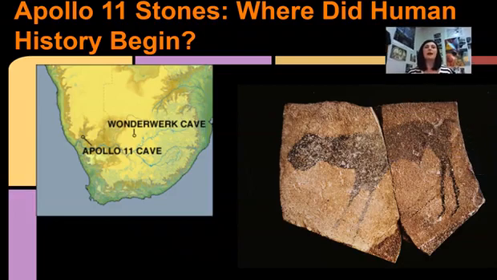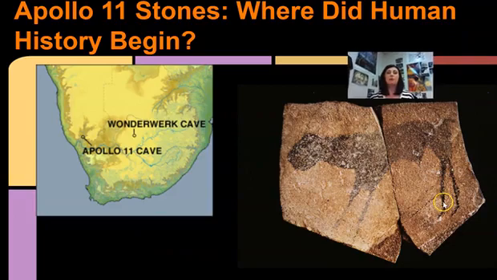So let's think about the Apollo 11 stones. Why would the people who wrote the 250 works of art have chosen, of all works, the Apollo 11 stones? Well, there's a couple reasons why. Number one, we know that this work of art was located in Africa, and it is the oldest work of art that we have ever found, which means that if the oldest work of art ever found was in Africa, that supports the theory that human beings started in Africa,